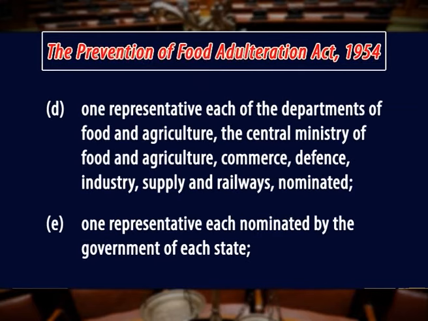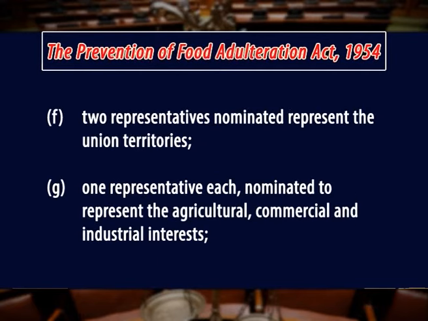D. 1 representative each of the departments of food and agriculture, the Central Ministry of Food and Agriculture, Commerce, Defence, Industry, Supply and Railways, nominated. E. 1 representative each nominated by the government of each state. F. 2 representatives nominated